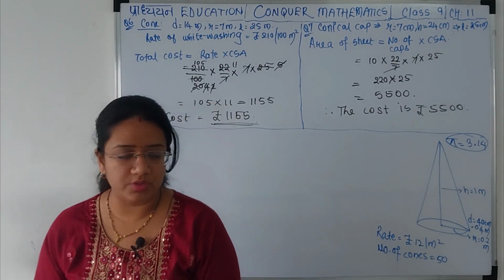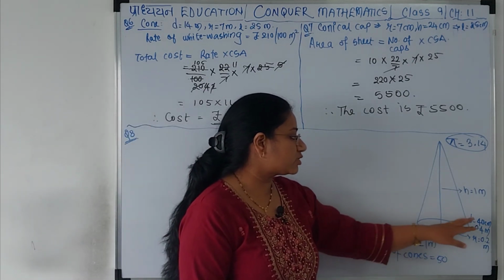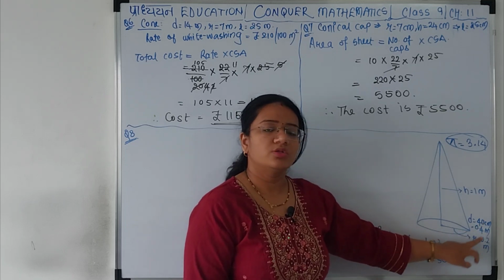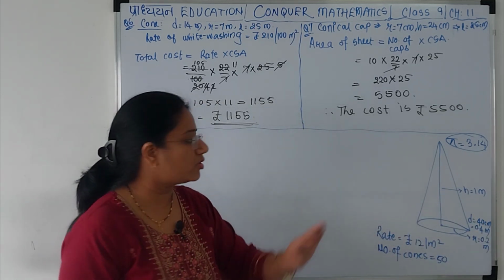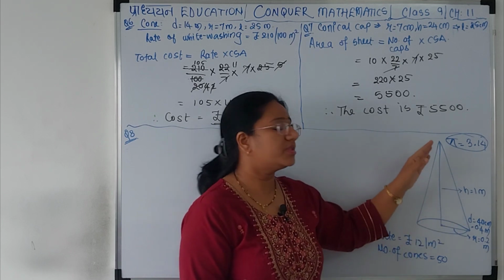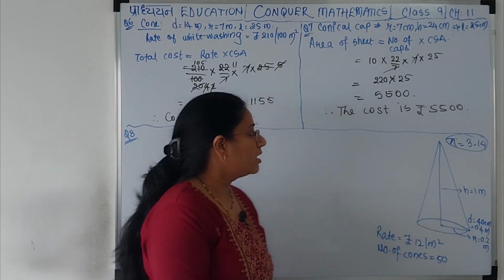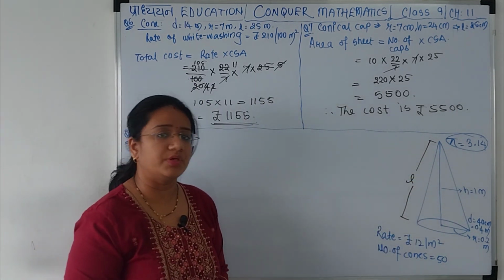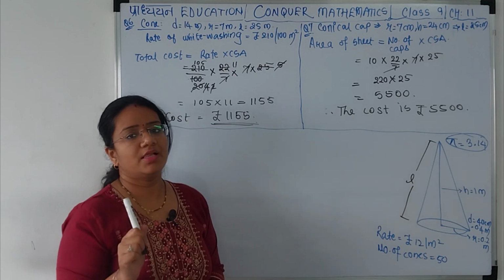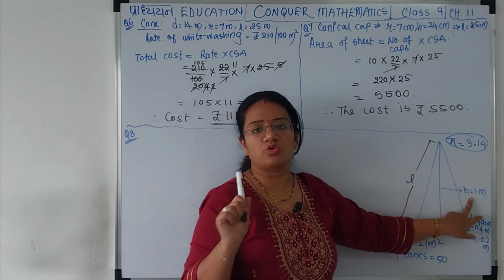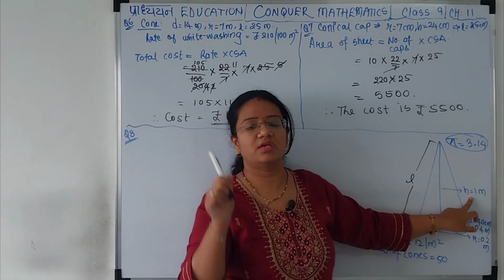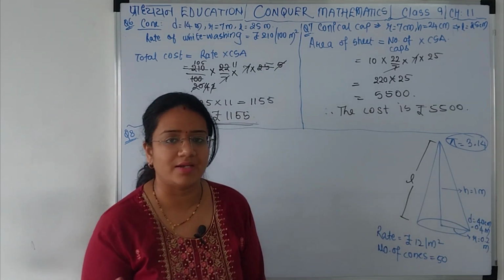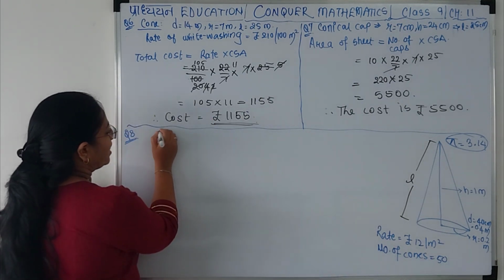कितने cones हैं? 50 cones हैं. Rate is 12 per meter square. Diameter 40 centimeters है, तो it will become 0.4 meters. तो radius हो जाएगा 0.2 meters और height is 1 meter. You are given the value to find L. जब आप L find करोगे, because you have to find the curved surface area, you need the slant height. Please ये गलती मत करना कि ये height देख के उसको L की जगह पे मत लेना. Please read the question again and again to understand अगर आपको height दिया है या slant height दिया है. ठीक है? तो first we will find the slant height.